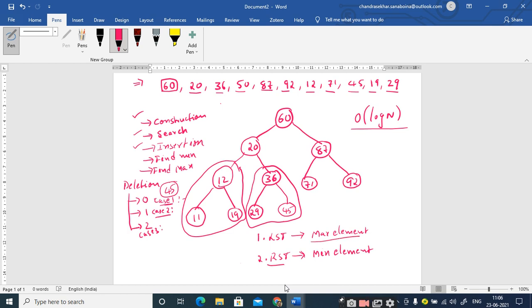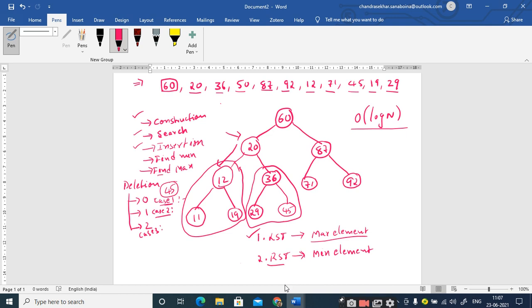So how do you find the maximum element in the left subtree? Maximum element is not present in the left side. Maximum element is present in the right side, right? So listen carefully. I want to remove this node 20, so I want to replace 20 with the maximum element of the left subtree. To identify the maximum element of the left subtree, you should go to the left child of 20. And where do you find the maximum element? Is it in the right hand side or left hand side? Right side, sir.